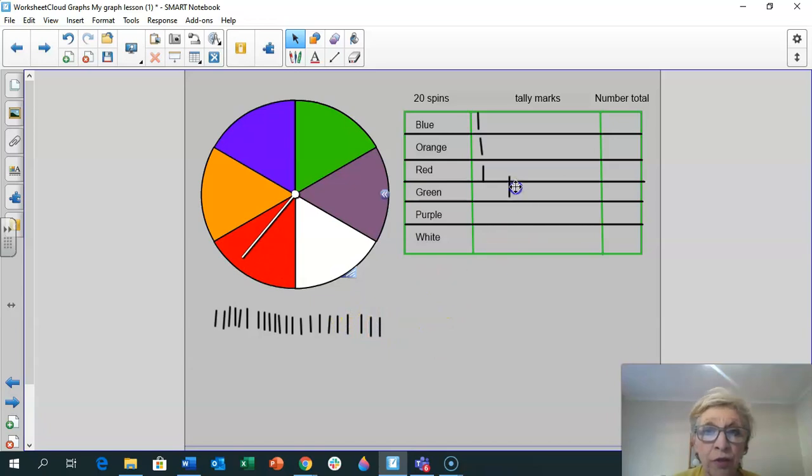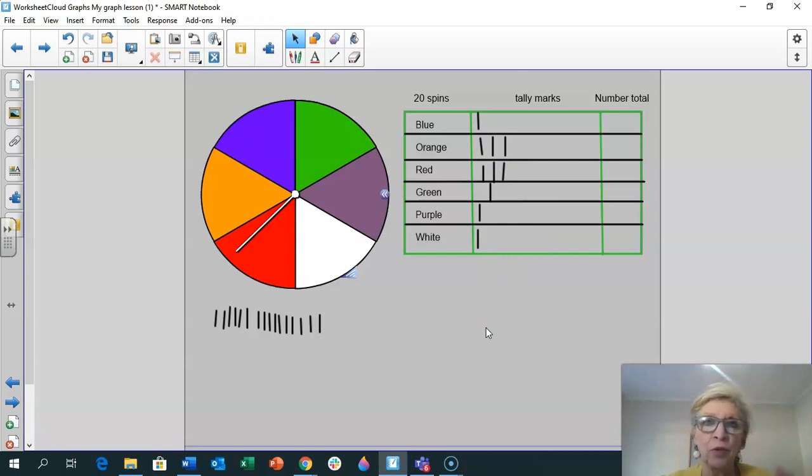Red. So red has got 2 so far. Next one. White. Next. And orange. And again. Green. And again. Orange. Purple. What do you think the next one is going to be? Red. Okay, so I'm just going to do that amount for now, but normally under different circumstances somebody would say,